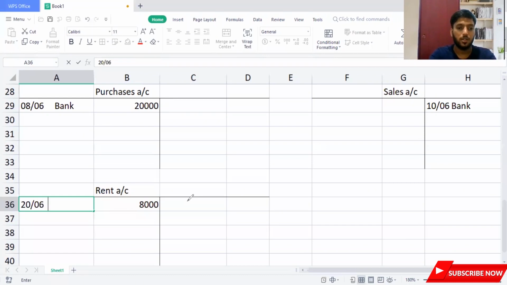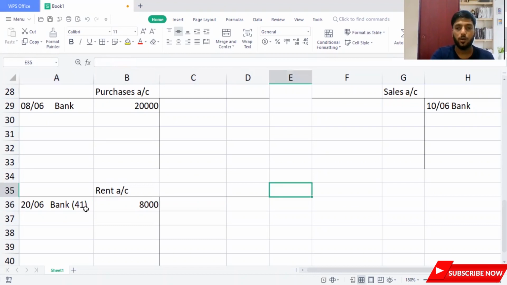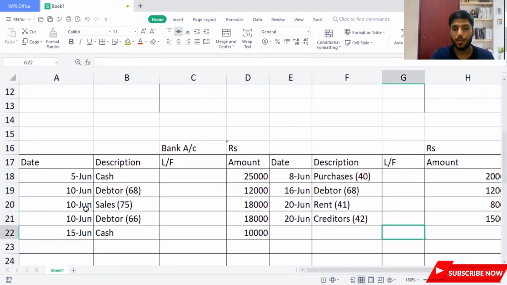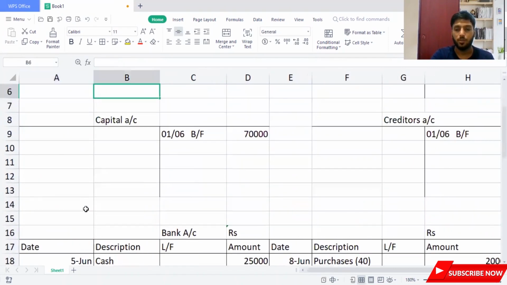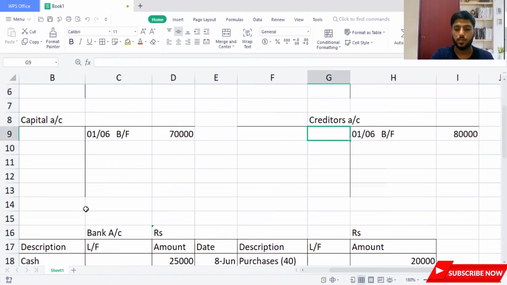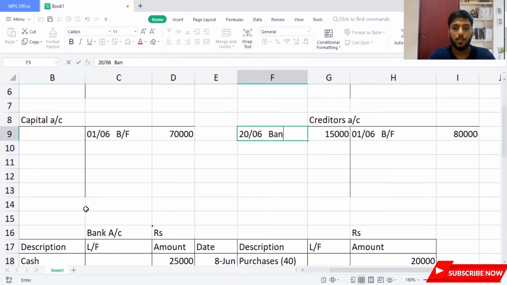26th, and 8,000. Now there was a check number. It's better you write the check number. So 41 was there. Now I have creditors to record. Creditors account, bank account is credit, so creditors account should become debit. So I'll move on to the creditors account. It was up, which we recorded the first time. So it's 15,000. It's the debit side because there is credit on the bank account, and the debit side on the creditors account. 15,000. You will write the date 26th and say bank and the check number without forgetting, 42. Then after recording this, I'm going to move on to the next adjustment.